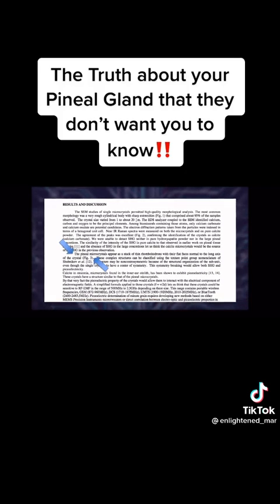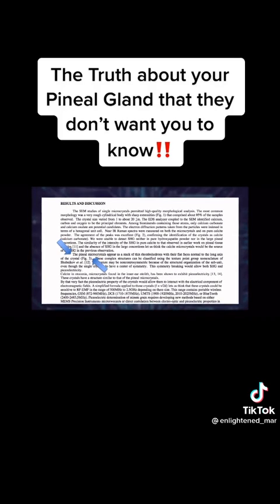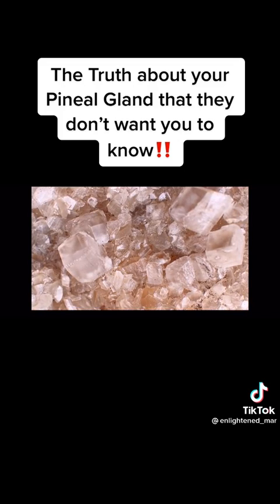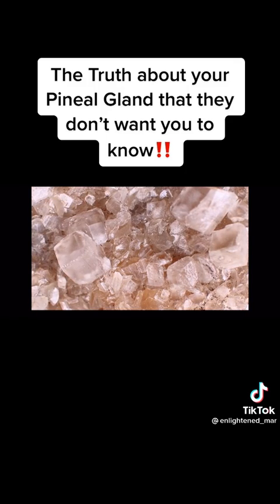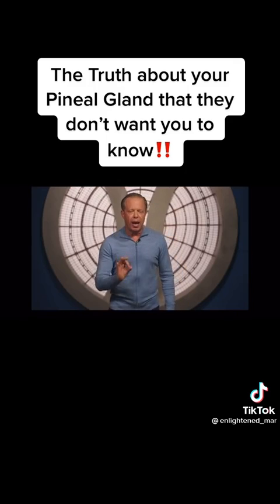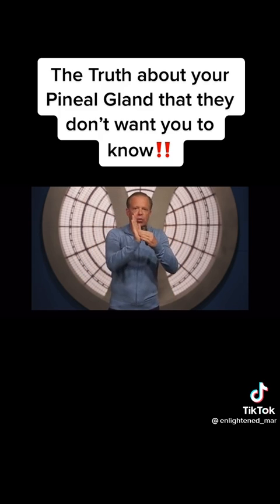Now, on the next page, it says the pineal gland microcrystals appear as a stack of thin rhombohedrons with their flat surfaces normal to the long axis of the crystal. If you were to visualize that, you have these calcium carbonate or calcite crystals that are rhombohedron in shape, stacked on top of each other in the pineal gland. And when you apply a mechanical stress and you begin to compress those crystals, the compression of those crystals